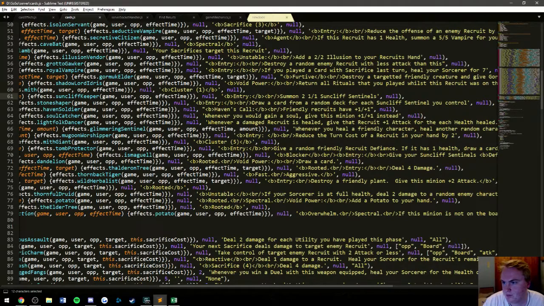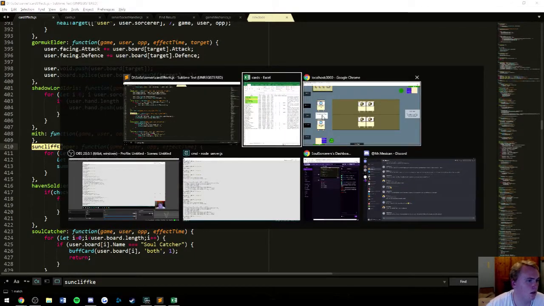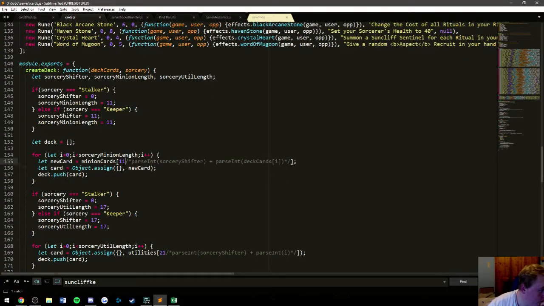Okay. Entry. I don't want to use these breaks anymore. I don't like it. So now we'll just do entry, summon 2 1/1 Suncliff Sentinels. And if we go over here, find Suncliff Keeper, we should be summoning 2 of these guys. So if we go over here and we change this number here to 12,